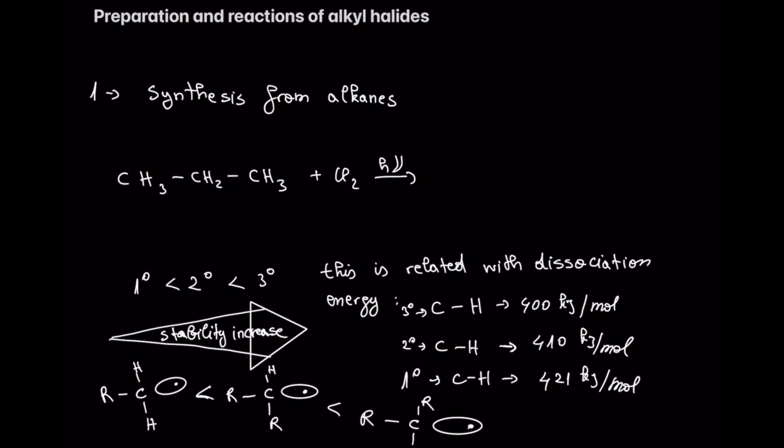Okay, let's start first with preparation or synthesis of alkyl halides from alkanes. It is a radical reaction and goes through three steps: initiation step, propagation step, a repeating cycle, and termination step. But I will not go into that mechanism in detail. You can find that on the internet or elsewhere. What is of interest to us is the straight reaction with light, and it is going to give